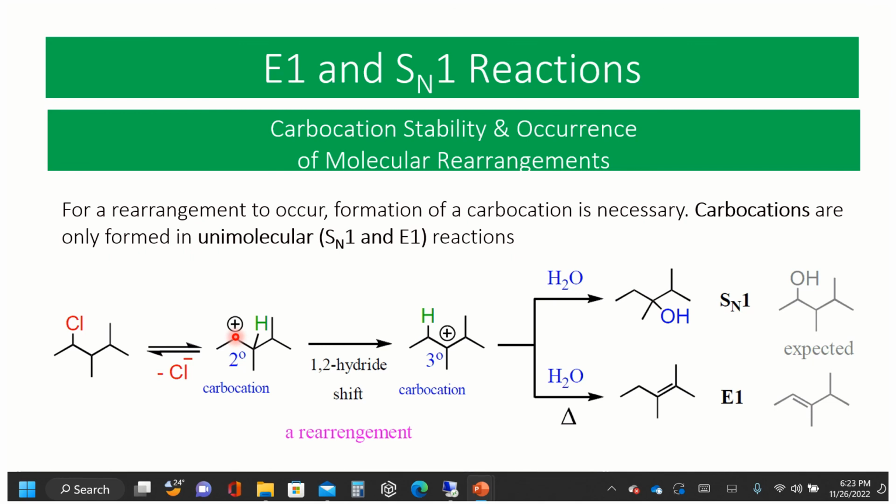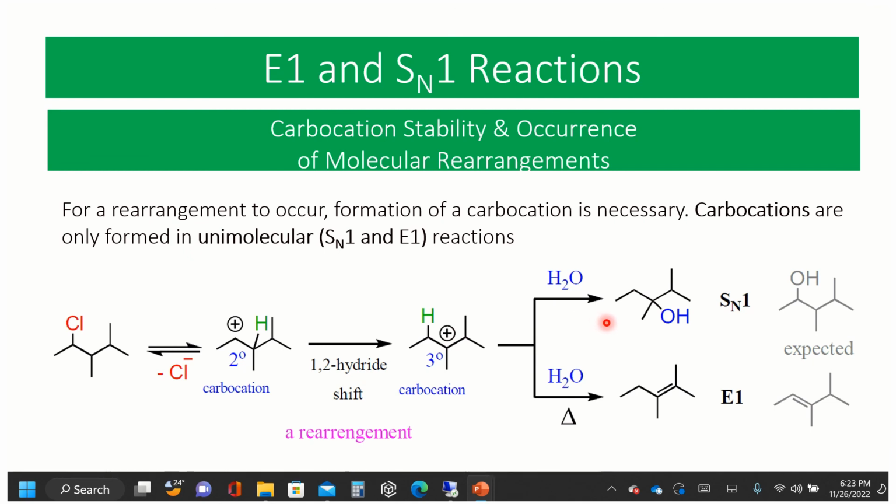If there's a possibility of a rearrangement to give a more stable carbocation, then we will end up with that rearrangement taking place. So herein, you can see that rearrangement from a secondary to a more stable tertiary carbocation via what we call a 1,2 hydride shift,